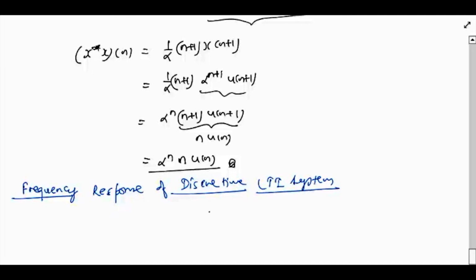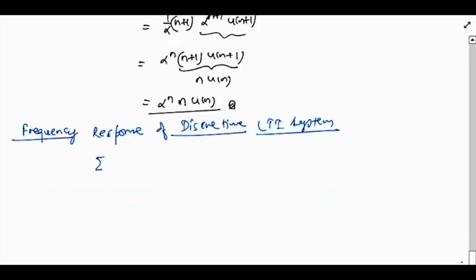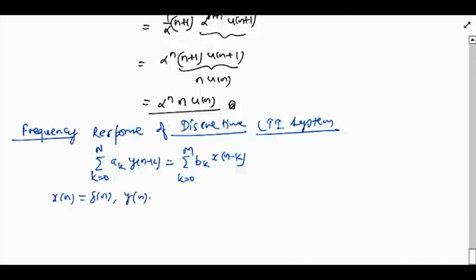Okay. Notice that a discrete time LTI system is characterized by the difference equation, summation k equals 0 to N of a_k y[n minus k] equals summation k equals 0 to M of b_k x[n minus k]. Now we'll substitute x[n] equals delta[n] and y[n] equals h[n], that is the impulse response, to obtain